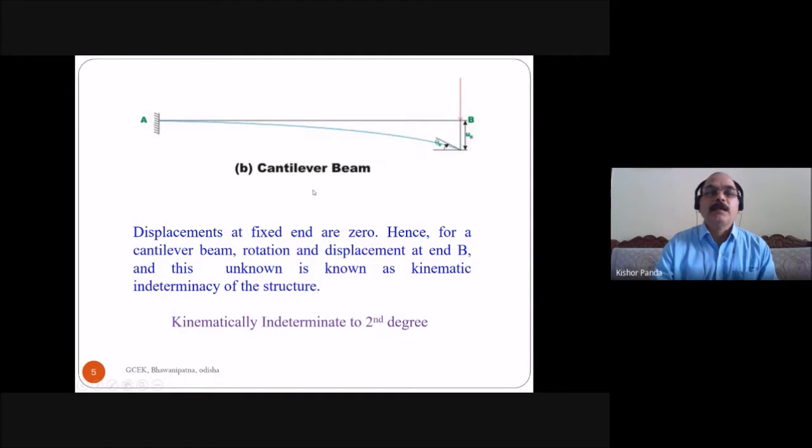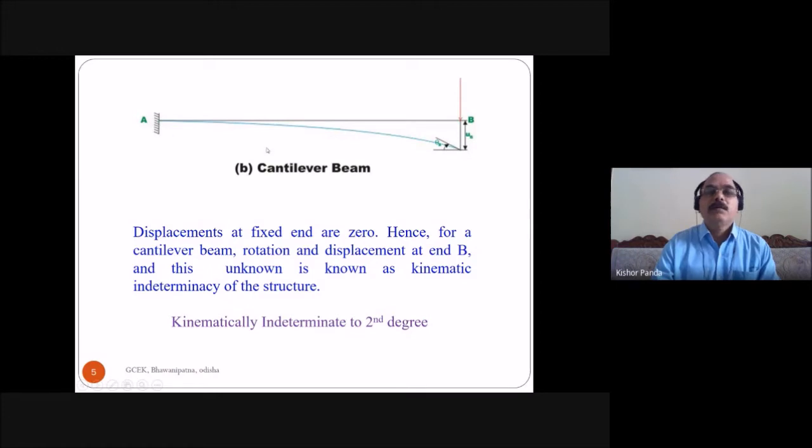Then next example, cantilever beam. So this is also an indeterminate structure. Here also you see at end A, this is your fixed end. So there is also vertical direction, horizontal direction, and moment. Due to these three forces, there is no displacement, so there is no vertical displacement. This is constrained against the vertical displacement, and the moment is constrained against the rotational displacement. Means theta is 0 and delta is equal to 0. Theta is the rotational displacement and delta is the vertical or translation displacement.